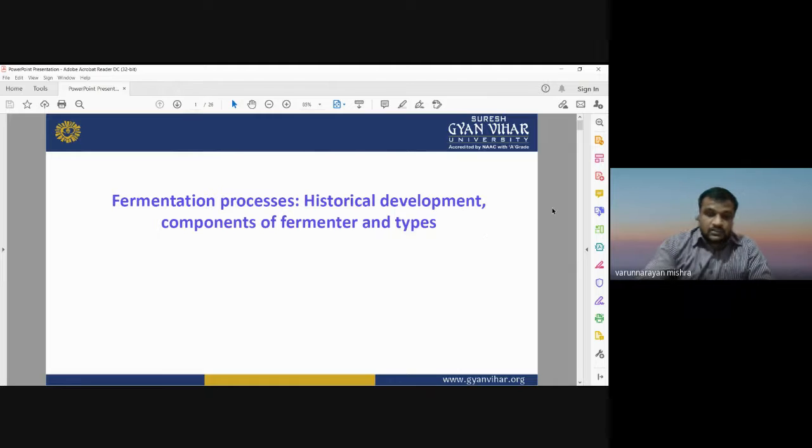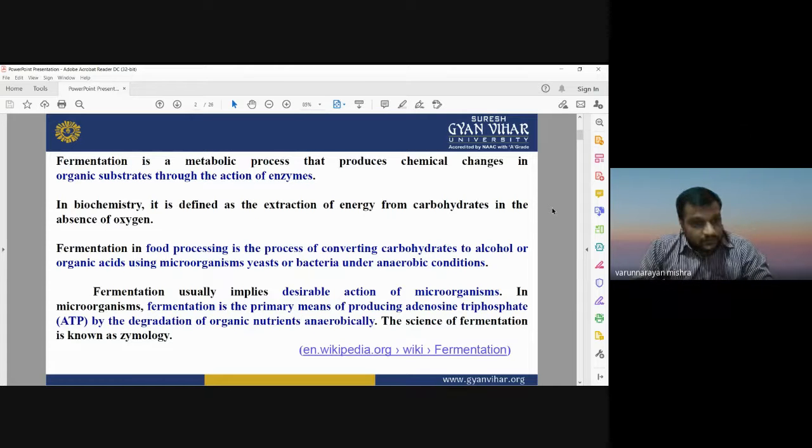First, I would like to start with the definition of fermentation. It's a metabolic process that produces chemical changes in the organic substrate. Basically, on the Earth surface, or you can say the entire globe, different organic materials are there. So the process of chemical changes in the organic substrate through the action of enzymes is known